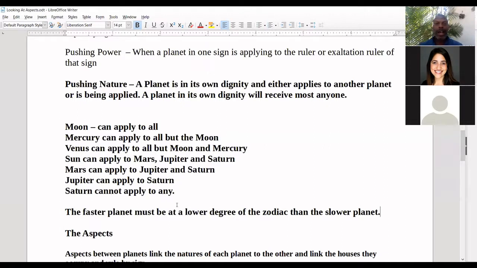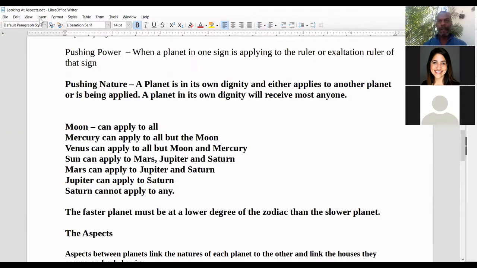So, for instance, Gina, in that case, that means that Venus is separating from Saturn, okay? Because once again, application and separation are all about what the faster planet is doing. Is the faster planet in a lower degree than Saturn? Then it's applying. Has it already left? Is Saturn at 22 and Venus at 26? She's separating. She's on her way away, on to other things. So good, I'm glad that came back out.